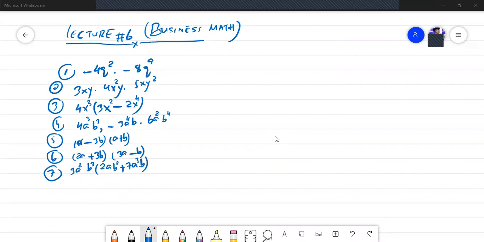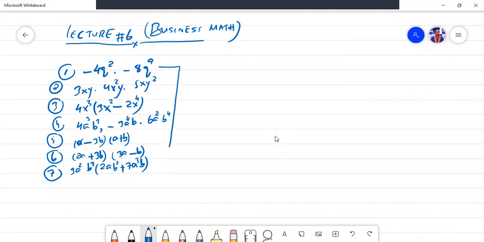Guys, today we have the last lecture of the series on polynomials, and in this last lecture we will only do practice for the algebraic expressions that are given to you in the shape of polynomials. So these are the actual problems for practice purposes. As we know, practice makes a man perfect, and practice is very much necessary in order to make ideas more and more clear.